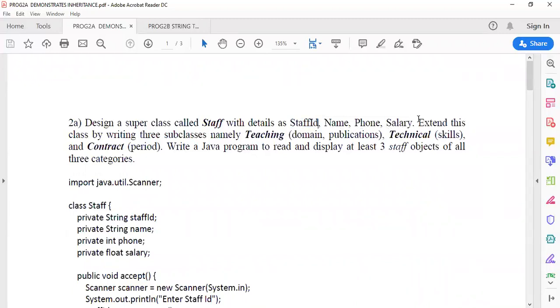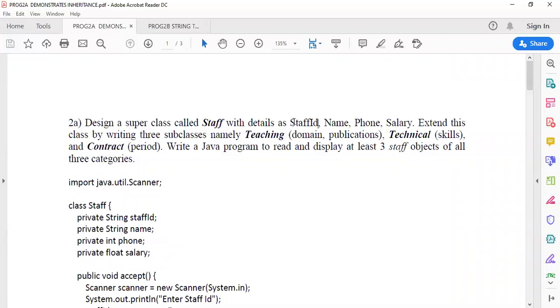Then we have to extend this class. This class is extended by 3 subclasses. The subclasses are named teaching, technical, and contract. The common attributes for the subclasses, that is teaching, technical, and contract, are staff ID, name, phone number, and salary.